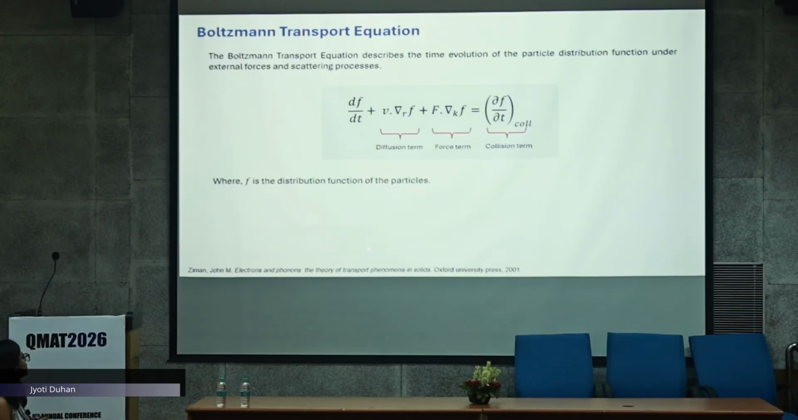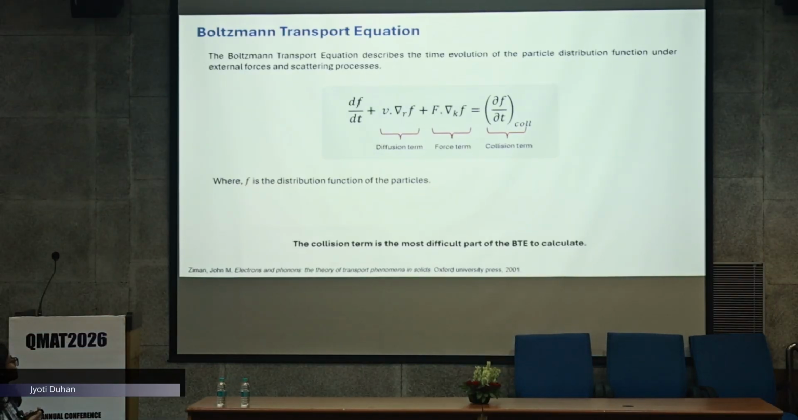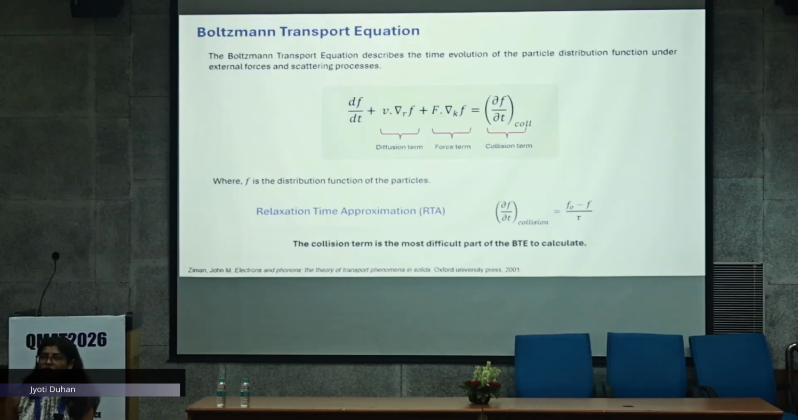So this is the Boltzmann transport equation, where the first term is the explicit dependence of the distribution function upon time, and this is the diffusion term, force term, and the collision term. The electrons are getting scattered from the lattice, and that is quantified by this collision term. In principle, it is very difficult to calculate the collision term, and we use different approximations to solve this, and one of the well-known approximations is the relaxation time approximation,